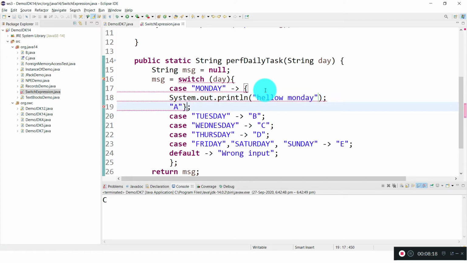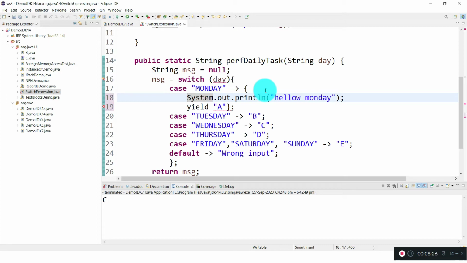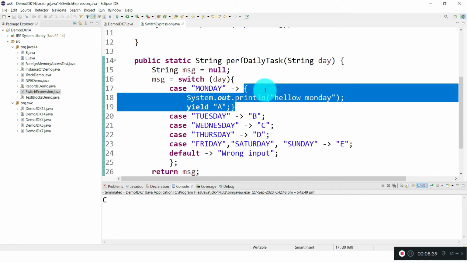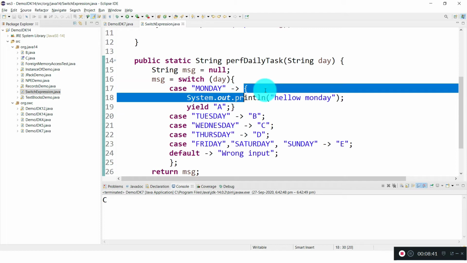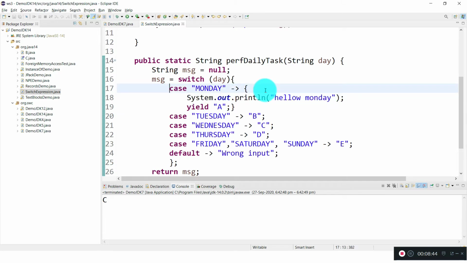Here you have to keep the yield keyword to return a value, and this is also one line, so keep a semicolon. For a block of lines you write like this, and using the yield keyword you return a value.